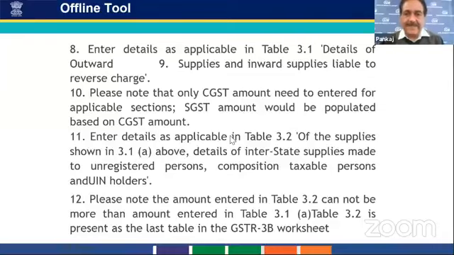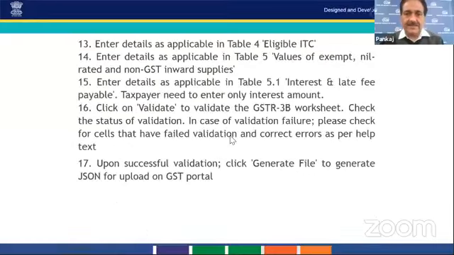All the details are the same as I covered in my presentation, so I will not duplicate it, but still you can view this presentation. You can download it from the KMS section of NeGD. You will have to click www.kms.negd.in, and when you select the GST webinar, you will be able to see, view, and download all the presentations which are being used in our various webinars, which are available on the NeGD website.